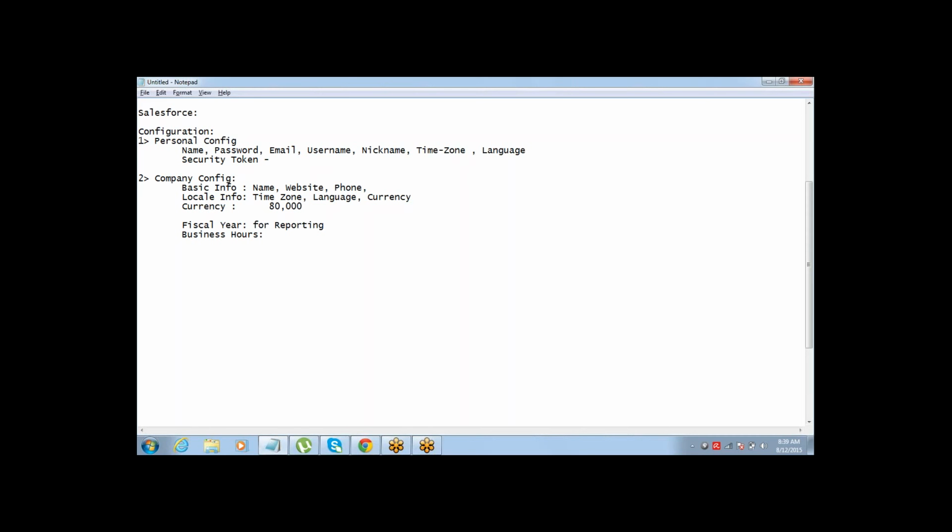Business hours is basically useful because it will help you to manage your escalations. How? In Salesforce, as we saw the other day, there is a tab called cases, which means customers can raise complaints. Now, when there is a customer complaint, there has to be a timeline within which you reply back to the customer, or within which it needs to be resolved.